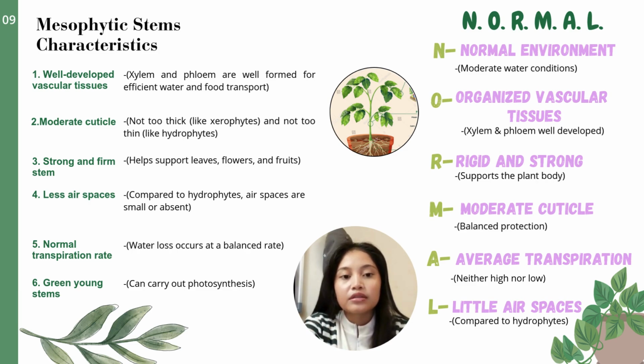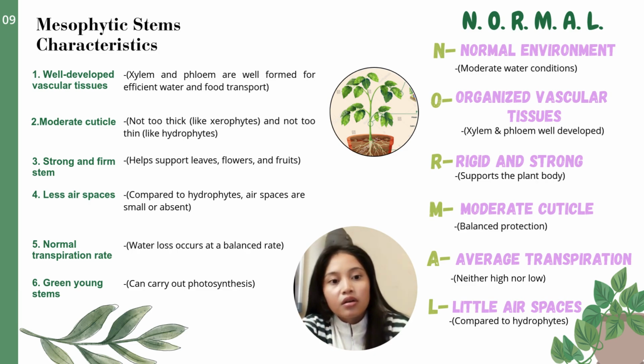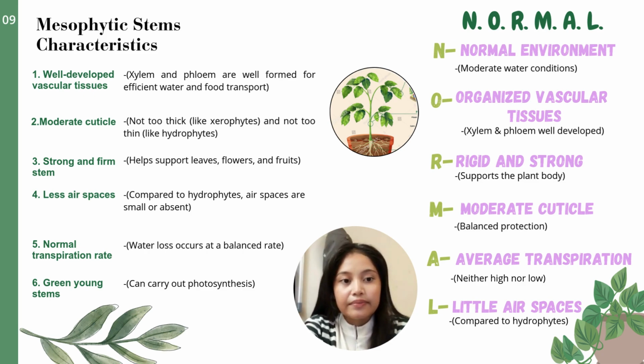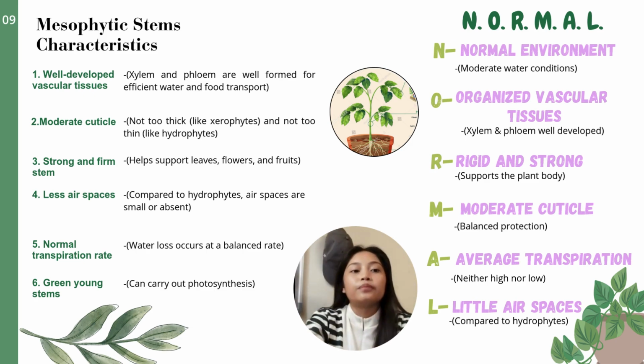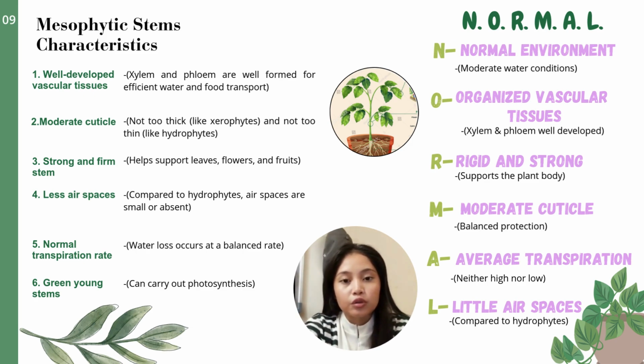Fifth, normal transpiration rate. Water loss occurs at a balanced rate. And the last one is green young stems, which can carry out photosynthesis. I also provide the notes for you to understand and memorize about the mesophytic stem characteristic easily. We will use the acronym which is NORMAL,